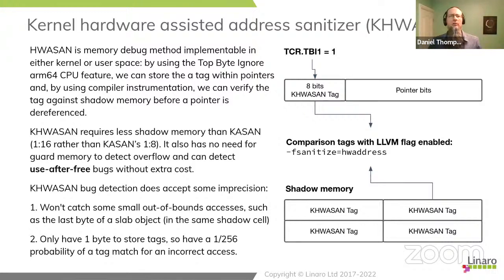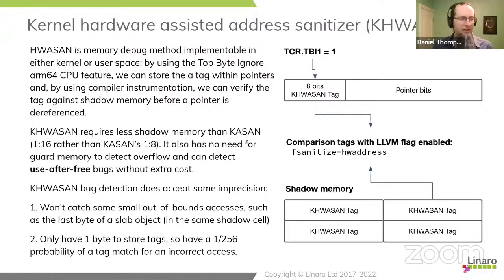So let's talk about this hardware-assisted address sanitizer. This is looking for memory management problems, and the reason we bring it up here is because it relies on a fairly unusual ARM feature called top byte ignore. Top byte ignore basically says that the 64-bit access made by the CPU is actually a 56-bit address and a top byte that we're not going to care about when we turn it into a pointer, which means we can put any value in there. It's an 8-bit tag that we can use for any purpose.